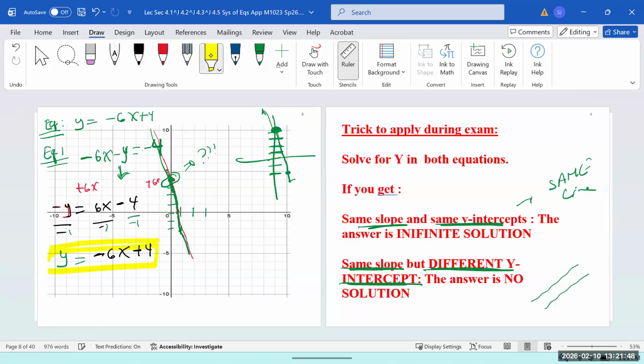Now observe our equation number 1 with equation number 2. Do we have same slope? Do you have same y-intercept? So they are the same line. We just didn't see that because they tricked us with giving two different formats. Y-intercept is 4, our slope is negative 6. So do you have one solution or do you have infinite solution? Infinite solution. So the two lines here, which I couldn't draw perfectly, are actually the same line.